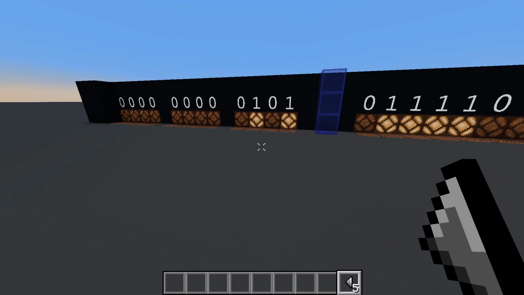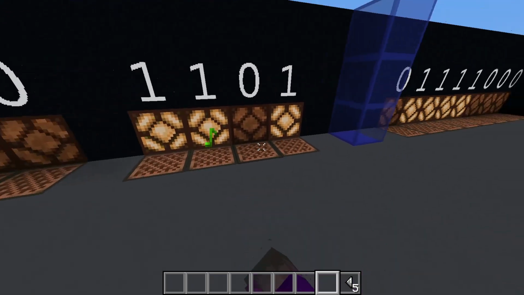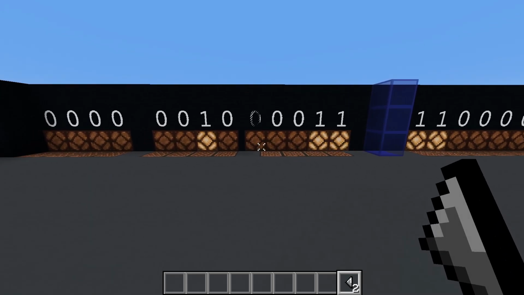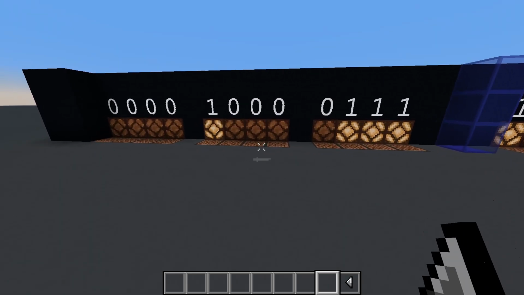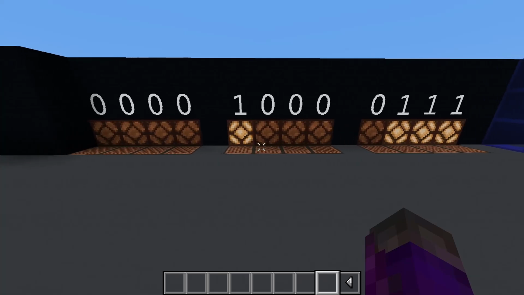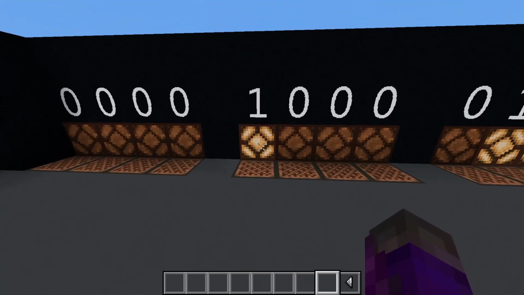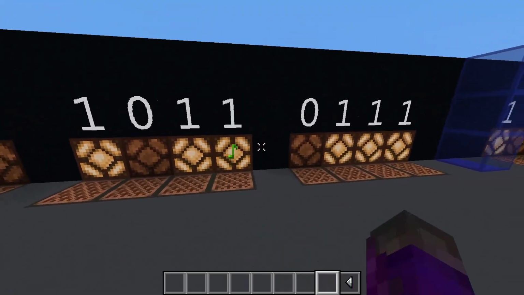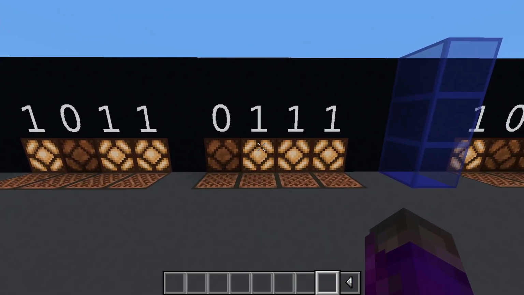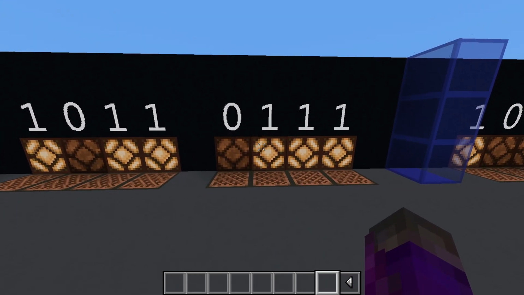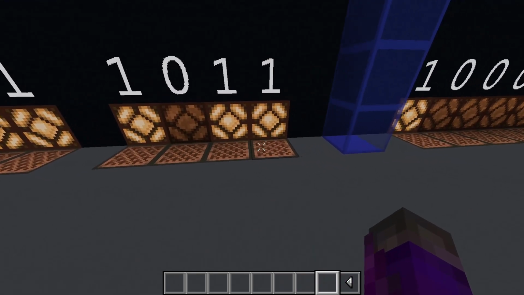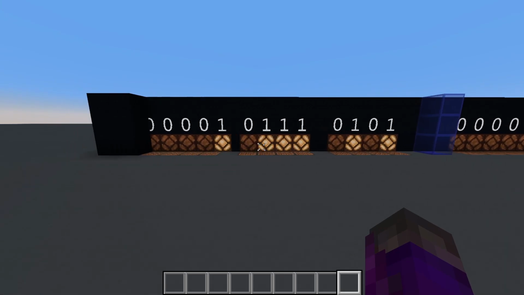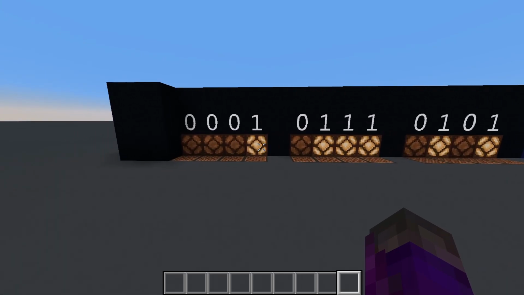Now the ones place is 5, so we'll add 3 to make it 8. Then shift again, and shift again, and again, and again. Now both the tens place and the ones place are over 5. The tens is at 8, and 8 plus 3 is 11. So we'll set that to 1011. The ones place is at 7, and 7 plus 3 is 10. So we'll set that to 1010. And now for the final shift, and we're done. And now it has a 1 in the hundreds place, a 7 in the tens place, and a 5 in